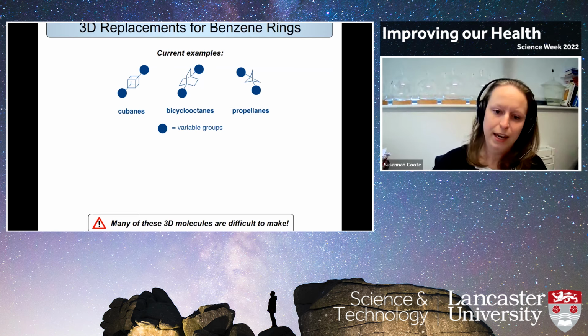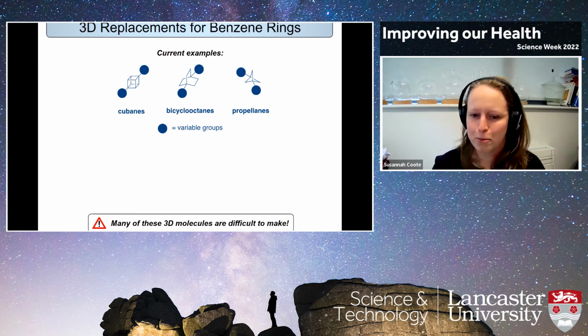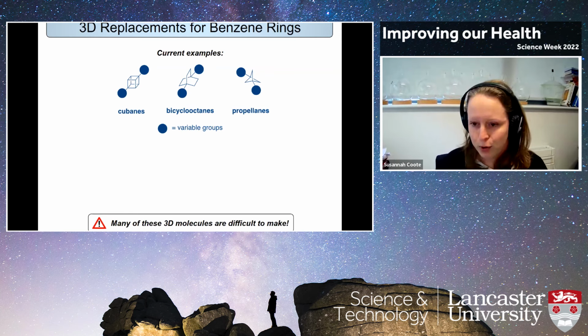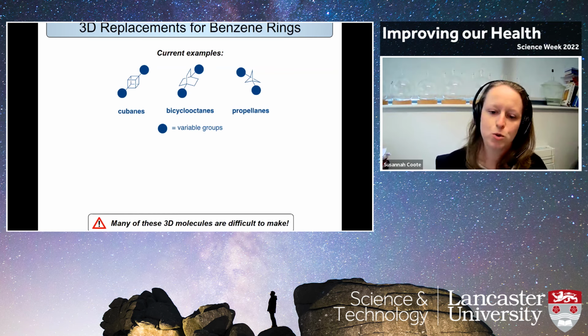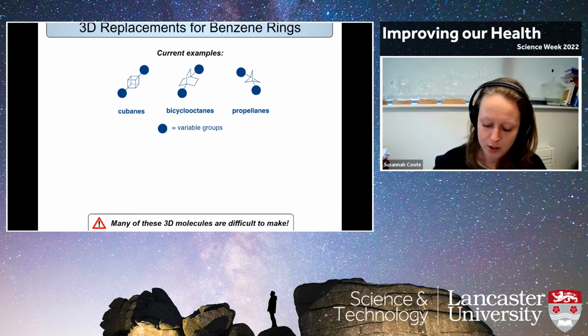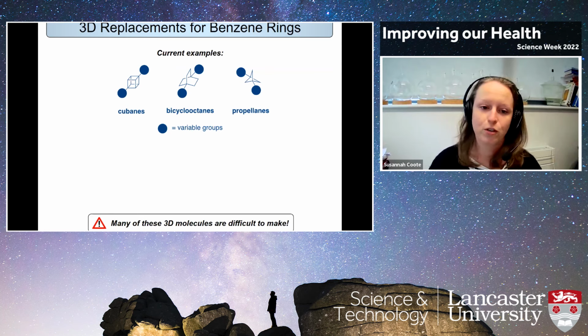So again, they're named because they look a bit like a propeller. But all of those, you can perhaps see, are more three-dimensionally shaped than a benzene ring, which of course is flat. And so the idea is that we try to make more three-dimensional molecules because we might well be able to get better interactions with biological targets that we might be looking to target in terms of medicinal